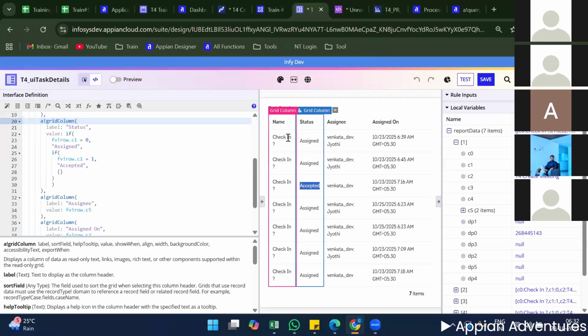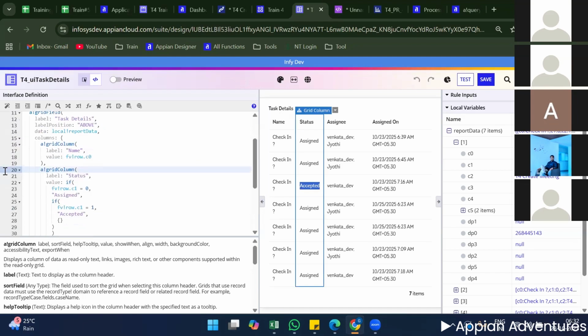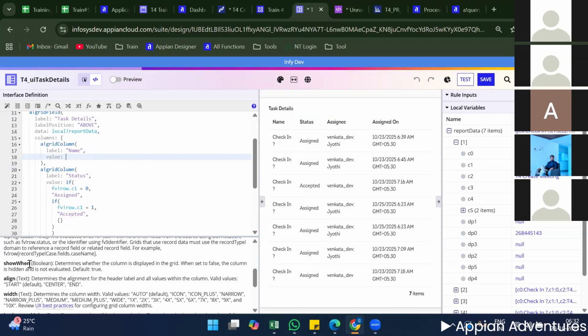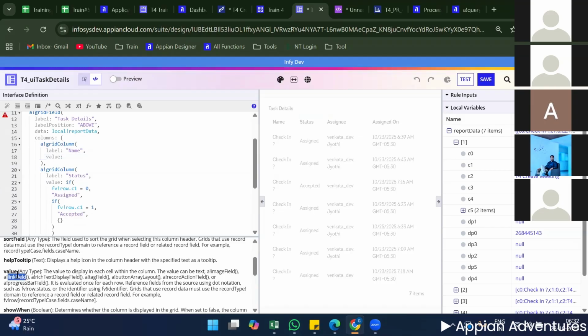This should be fine. So where is the link here to navigate to the task? For navigating to the task, we need to add the link. How can we add the link? In the grid field value parameter, we can add the link field here. See, link field we can add. So now I'm calling the link field here,